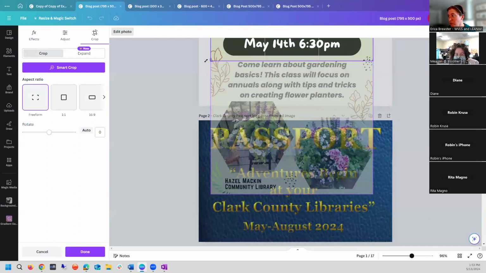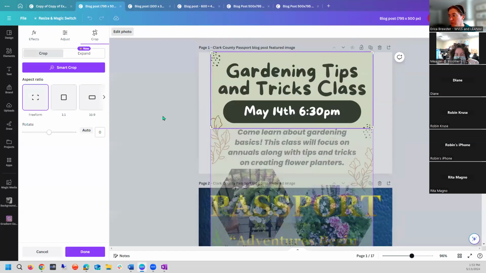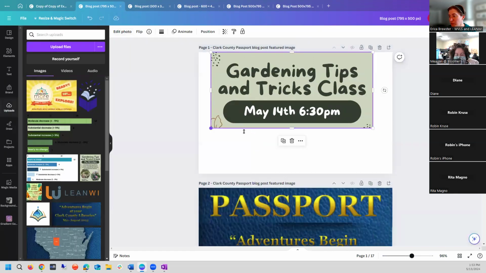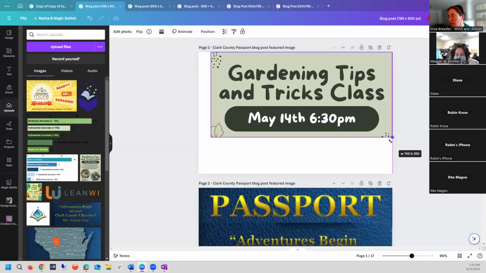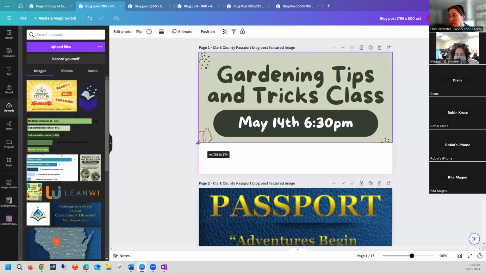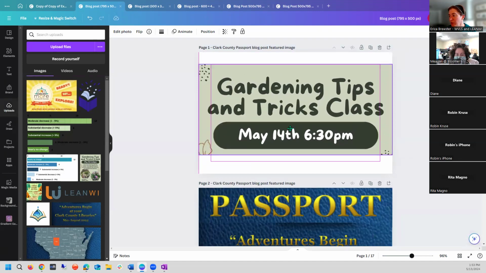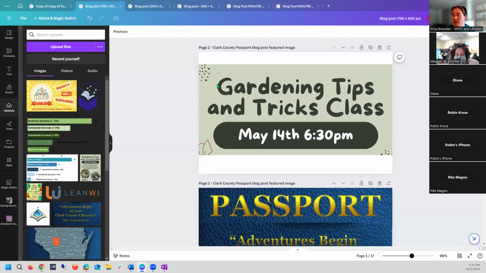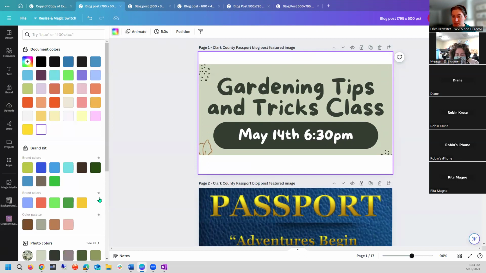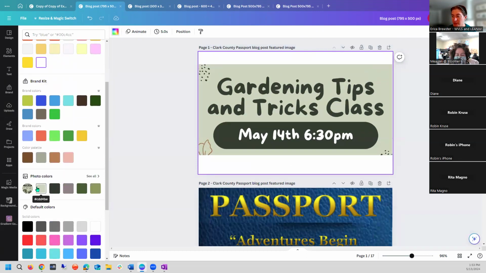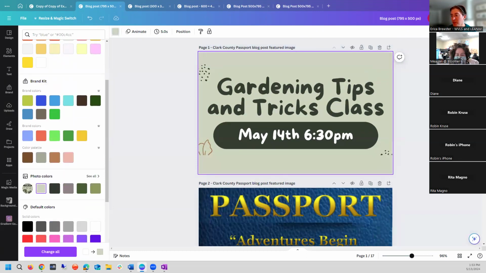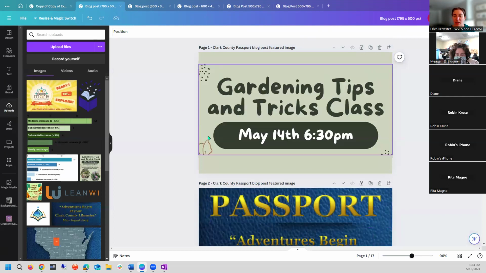And I don't want any of the words in here, because I don't want words in my featured image. I want all my words to be in my text. Then I take the top part of my poster, and I can set my background to blend. So again, I come down here, photo colors are provided for me. And just like that, I have